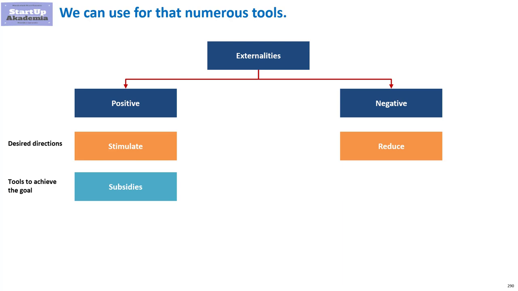Subsidies can be used also to reduce negative externalities. If you, for example, subsidize a new heating system based on electricity, you will be able to reduce air pollution and related to it negative externalities such as deaths and illnesses. In some cases, it's more efficient to simply tax a negative externality. Most likely, we will have to tax the carbon footprint of products. The aim of this tax will be to decrease the amount of CO2 produced globally.